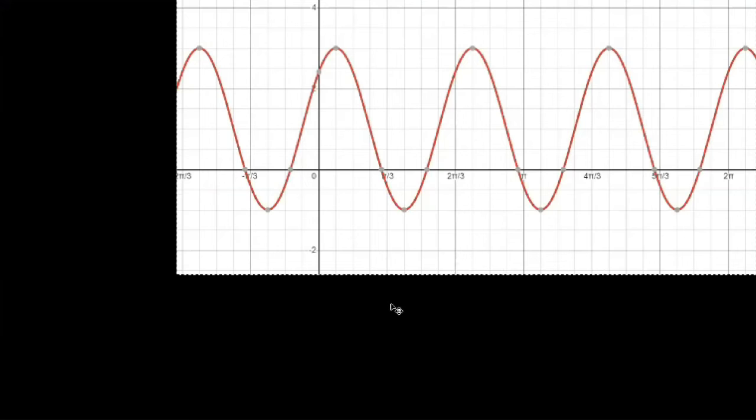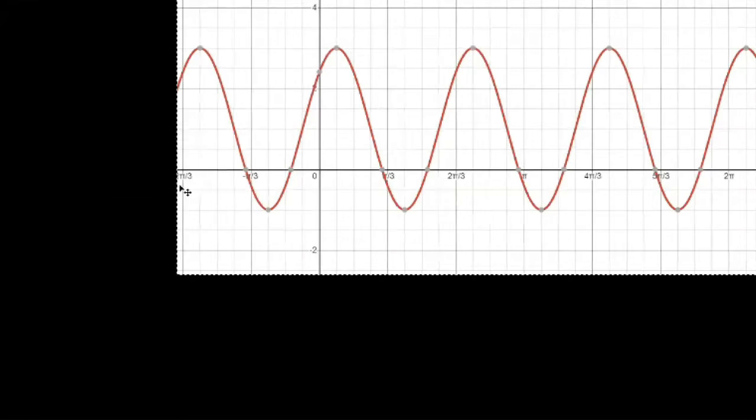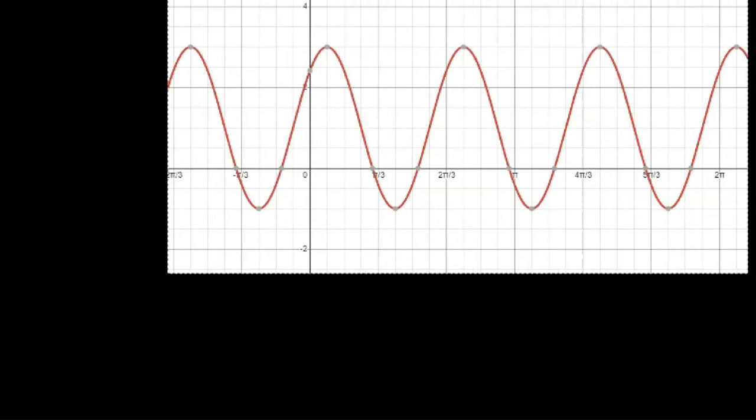So the first thing I want to do is find an anchor point, something that tells me exactly where the graph begins and ends. And in this case, I think cosine is the best one to use. And the reason is because if I look at the graph,